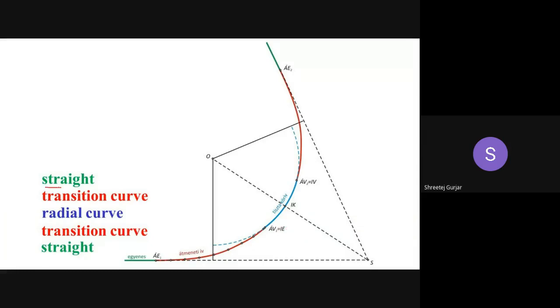One more image wherein it is clear why we provide a transition curve. In the green color you can see we have a straight road which is there, and here also we have a straight road. These two roads need to be joined by a curve. The red color is a transition curve starting from here up to where you enter your circular curve. Up to where you enter your radial curve, we have a transition curve provided. This part is the transition curve in red. The blue color is a radial or circular curve, right? Then you provide a transition curve for exit again so that you safely enter into the straight road.